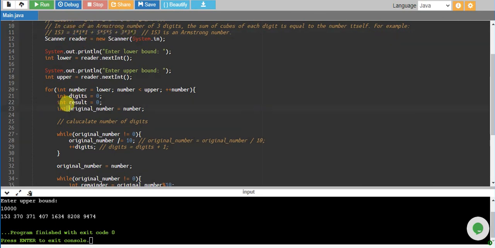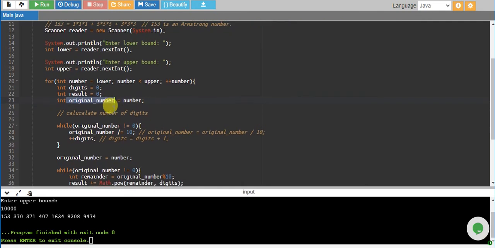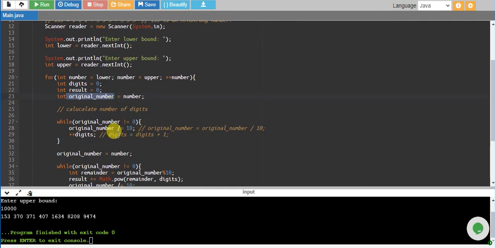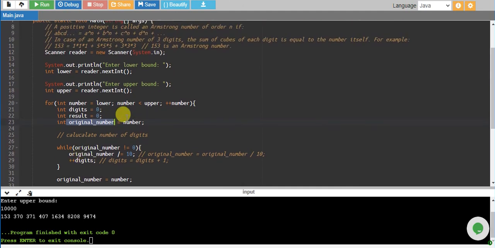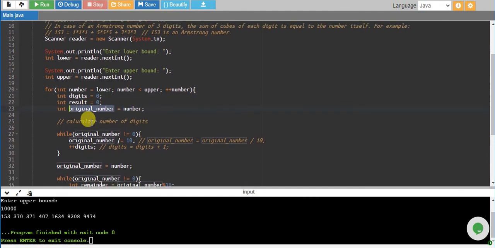And we have created an original variable because we need to perform operations on the number itself to calculate the number of digits as well as the result. We don't want to lose our number, because this is an iterator. If we lost it, this loop would run an infinite number of times. That is why we have saved it into a new variable called original number.